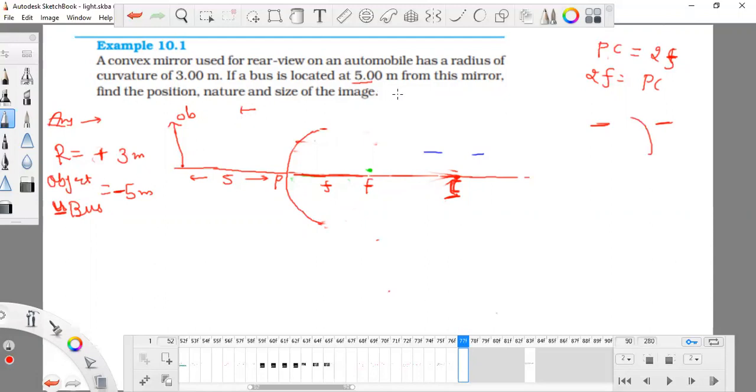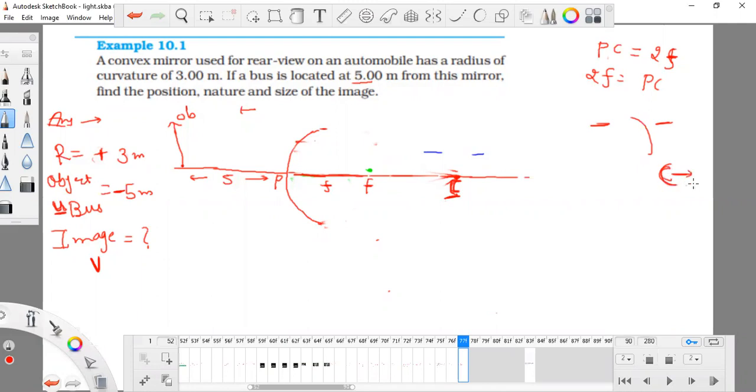Now it is asking me the formation of image. Tell me where, how, which type of image is formed. Okay, and the sign of image is V. So one thing I am very sure about: not at focus. Definitely not at focus, because we have to find out this. So one thing is very clear with me, that it is a convex mirror, and for convex mirror, everything